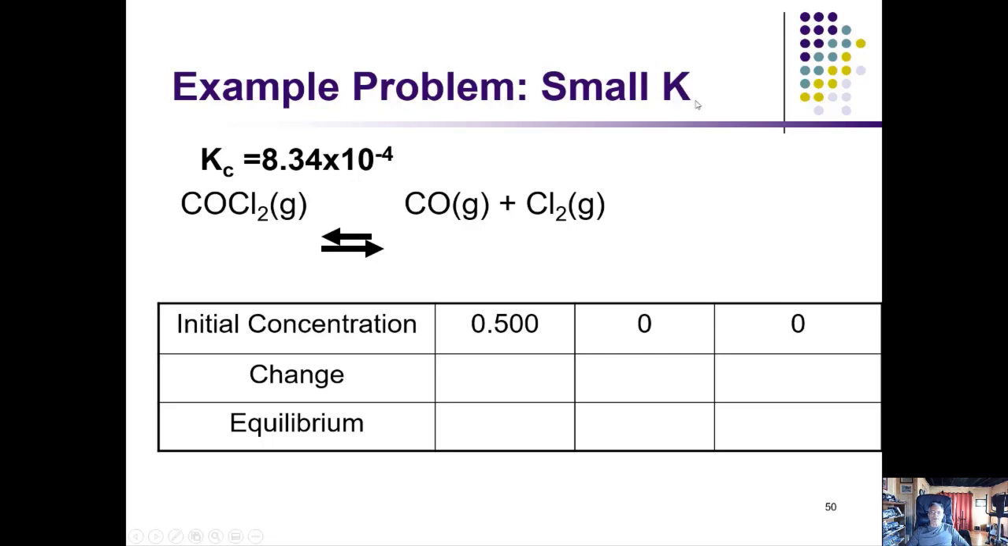Example problem with a small K. Here's our equilibrium constant. Notice it's 10 to the minus 4, so this would be 0.0000834. That's a really small equilibrium constant. So if I've got a relatively large initial concentration of my reactant, phosgene,